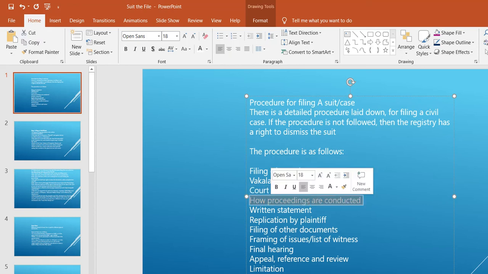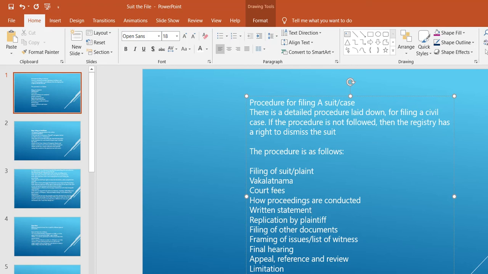The next steps are how proceedings are conducted, how the written statement should be presented, the replication given by the plaintiff, filing other documents, which means the supporting documents, framing the issues, giving the list of witnesses, final hearing, appeal, reference, review, and limitation. These are the procedures which have to be followed.